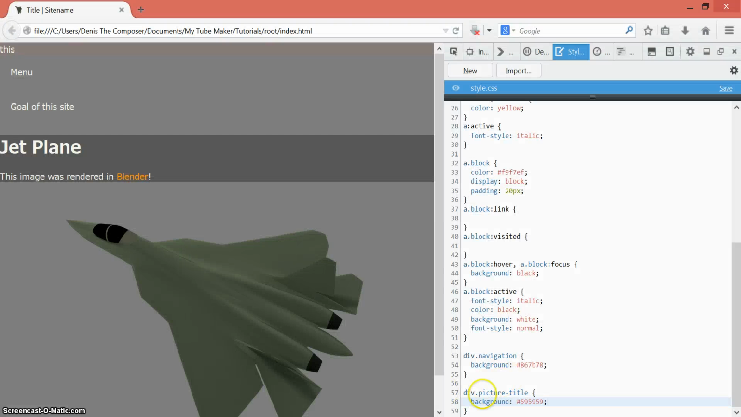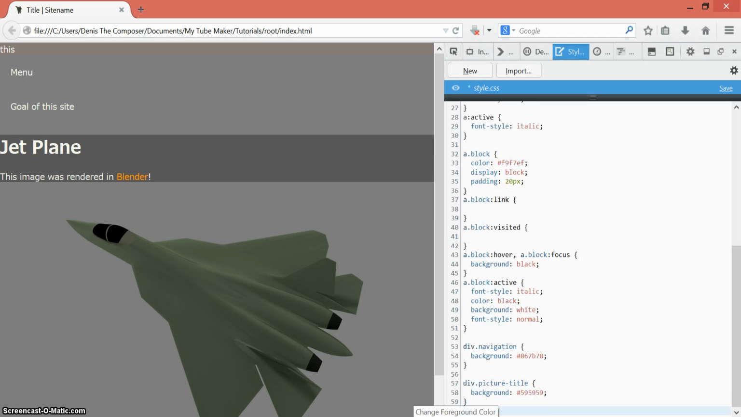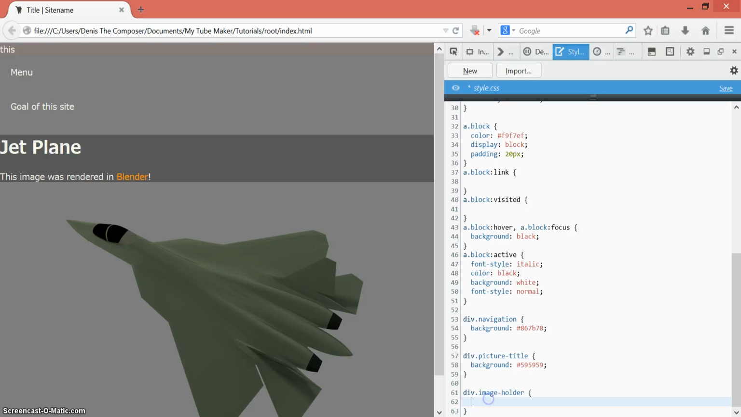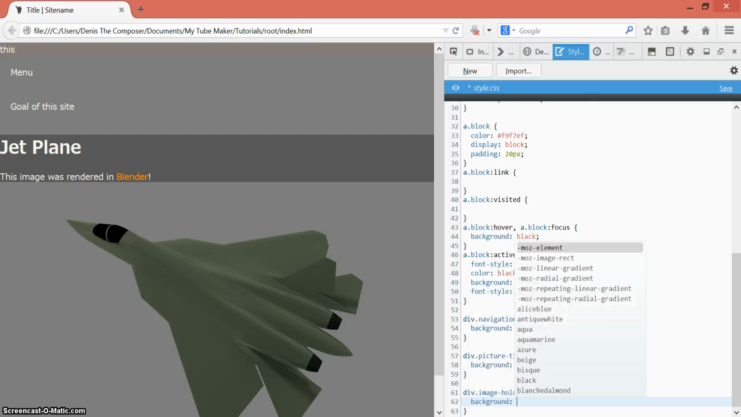So we're going to go and make a class, div.image-holder, and let me just separate these, and we're going to choose a background. The background color will be the color we just